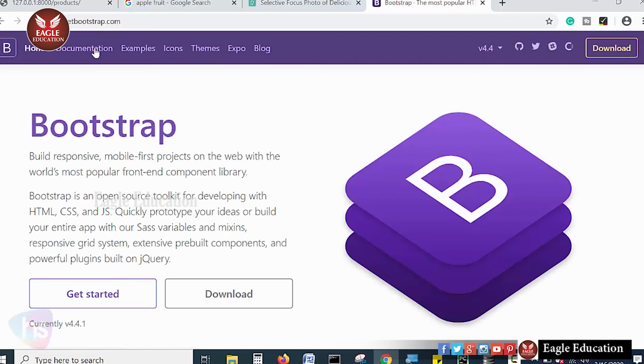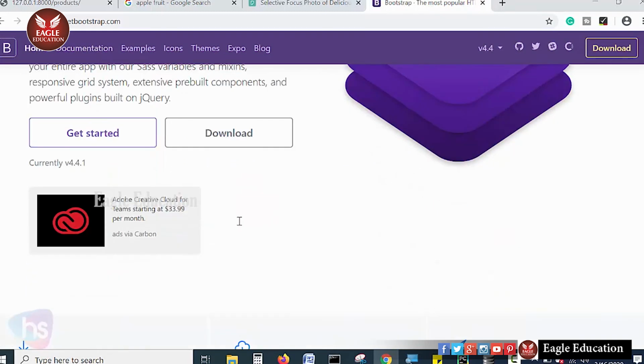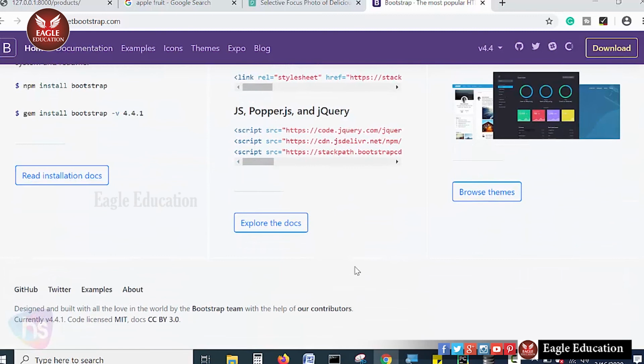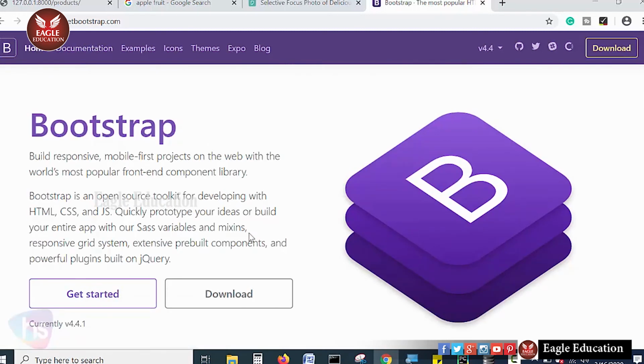Now here you can go to the documentation. You can observe how you can get ready-made designs. By simply applying the classes, you will have the designs. All right, now see here under the documentation, you will find